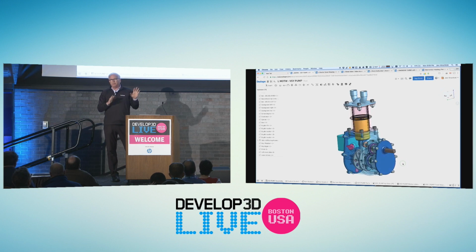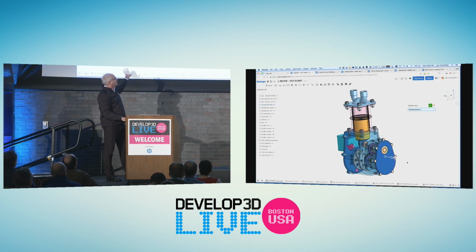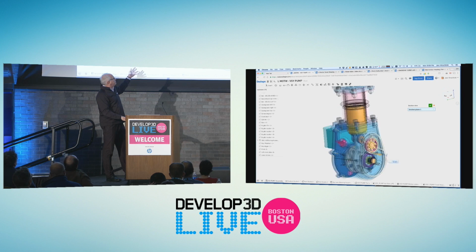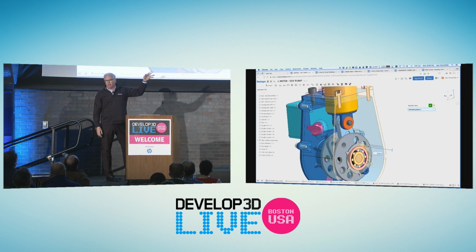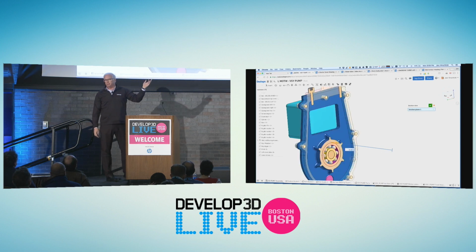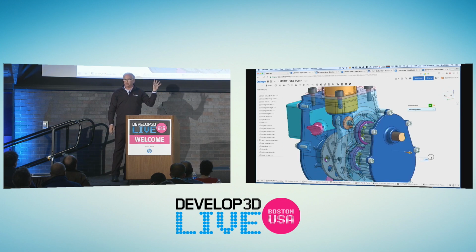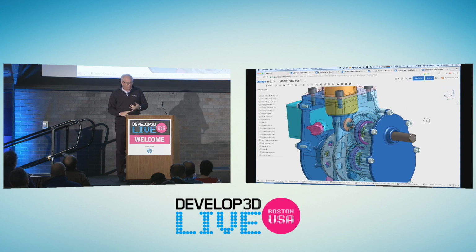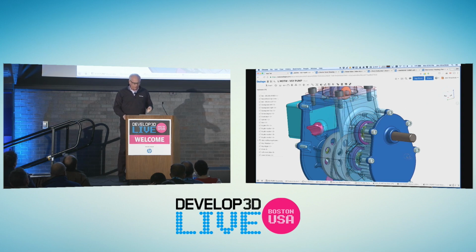First thing about Onshape, nothing installed. In this demo, there was no software downloaded or installed, no files copied, and yet you have all the CAD power, modeling power, and graphics power you expect in professional CAD. We have complete part and assembly modeling, surface modeling. It's all right there in the browser. This is on an ordinary internet connection. We run on Chromebook, Linux, Windows, Mac, and so forth.